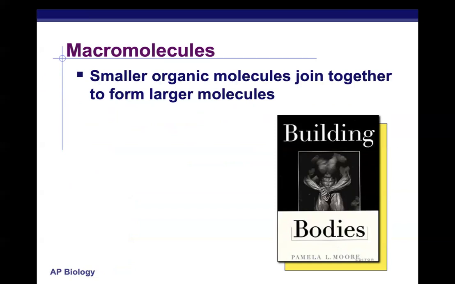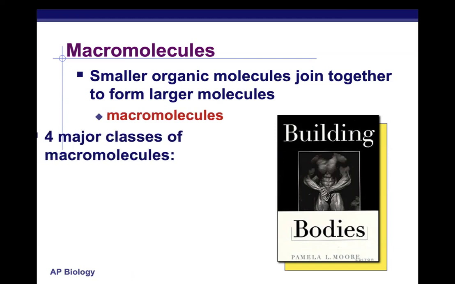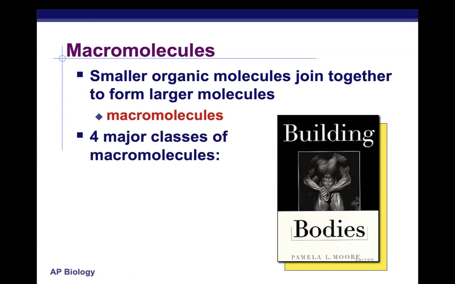So you'll hear a lot in this unit the term macromolecules. And a macromolecule is a larger molecule that is made up from smaller organic substances that are joined together. Macromolecules are the main building blocks of living organisms. In this unit, you are going to hear us talk about the four major classes of macromolecules: carbohydrates, lipids, proteins,